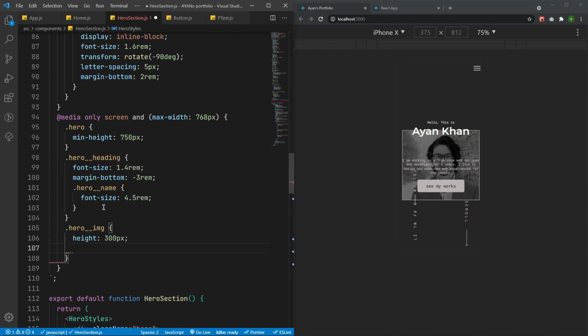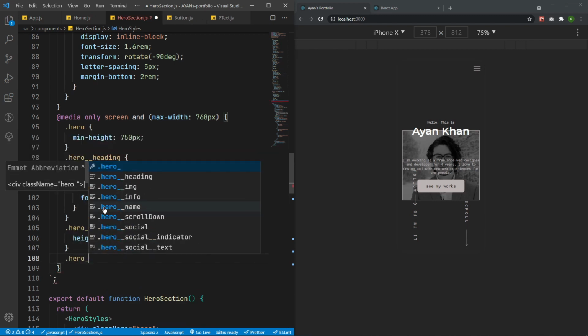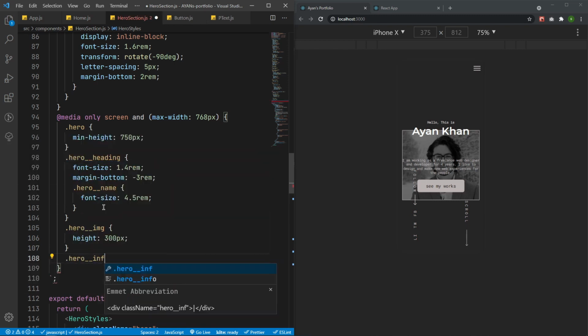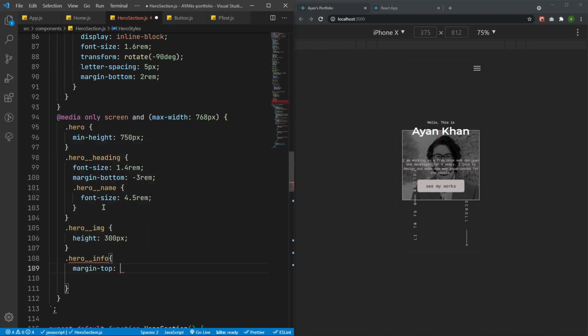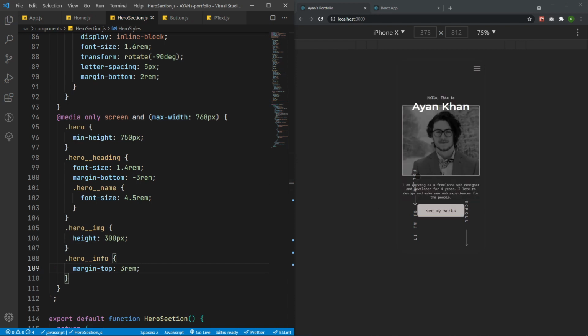Yeah, great. And after that, let's say that hero info, so margin top will be here 300 pixel, sorry, not 300 pixel, 3 rem. Yeah, as you can see that margin top 3 rem. Instead of having the overlapping, now we are actually having them one after another. So after that, let's go to our socials here. So hero socials,